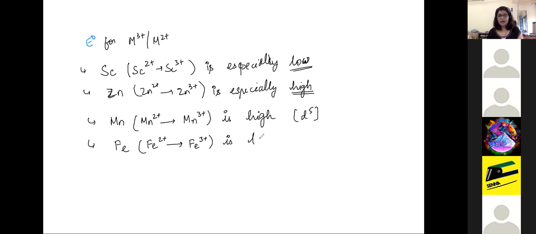And similarly, iron is going to be low because Fe2 plus has a d6 configuration, which is going to be converted into d5 in the case of Fe3 plus, which is why Fe prefers going to the 3 plus oxidation state, which is why it is going to be low, which kind of makes sense, right? Like you've come across, a lot of times in the previous classes, things like copper, iron,